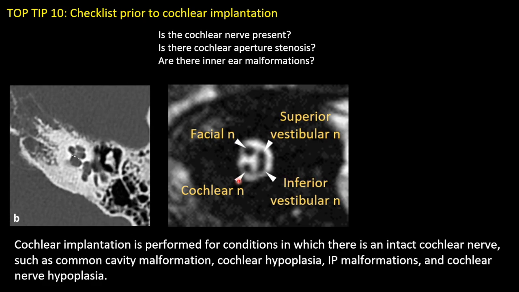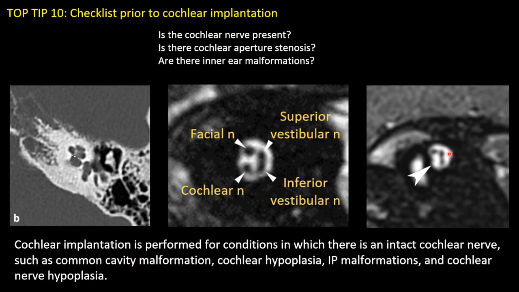In this particular case, we can see there is a facial nerve, a superior and an inferior vestibular nerve, but the cochlear nerve is not present. So this should be reported as non-visualization of the cochlear nerve, and we'll come to the importance of that in the next slide. So generally, cochlear implantation can be offered in conditions where there is an intact cochlear nerve, and